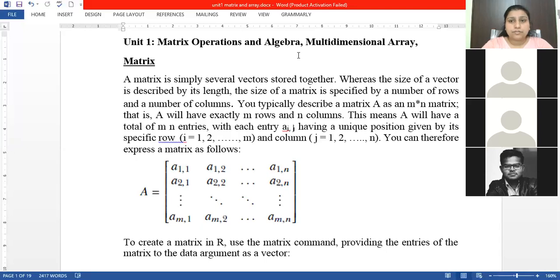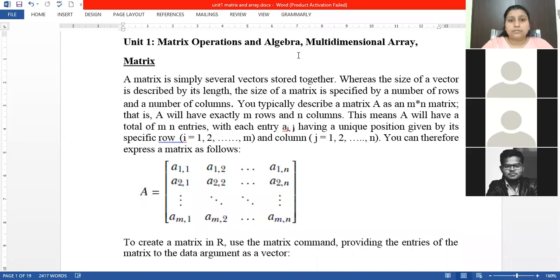In today's lecture, we will see how to store a matrix in R, how to perform various matrix operations and algebraic operations on a matrix, and we will also discuss what a multidimensional array is. As you know, a matrix is just a collection of values in the form of rows and columns.